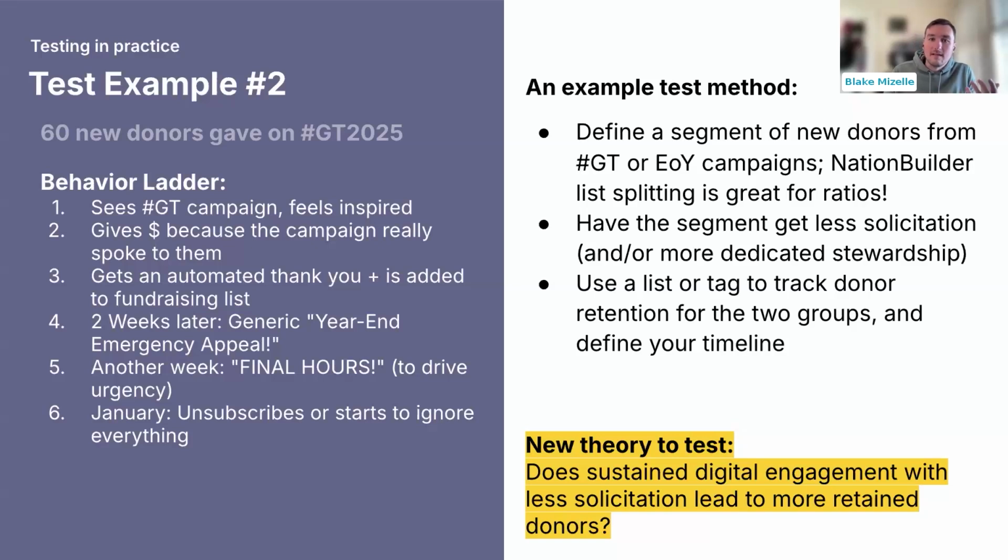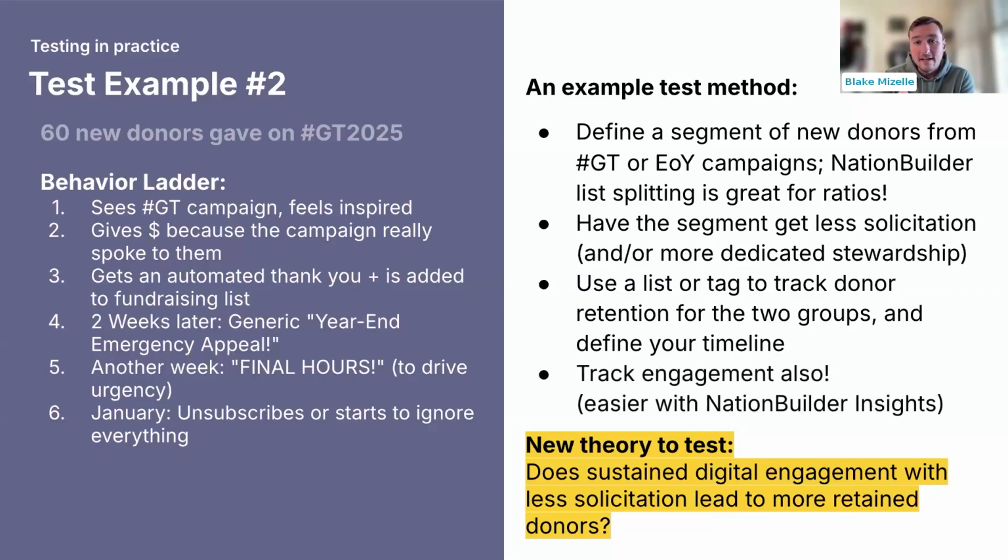So the way that works is a lot like our last example, where you can use filters to pull out those total counts. But this time, instead of comparing year to year, you compare the two different audiences, sort of A, B, and then look at the retention after 30 days, 90 days, 180 days, whatever that time slice is that you feel comfortable with.